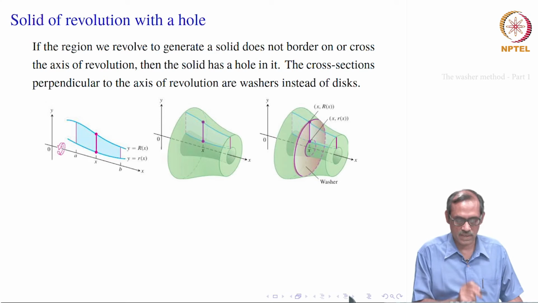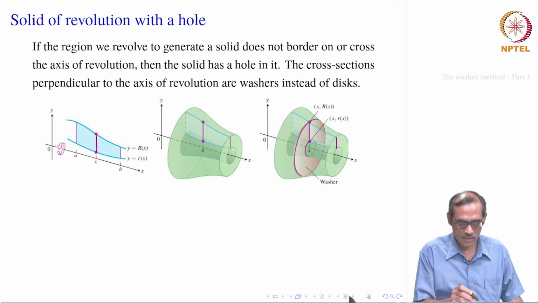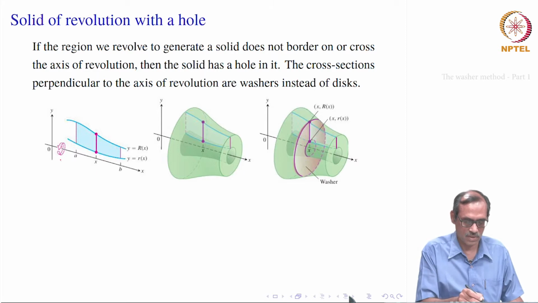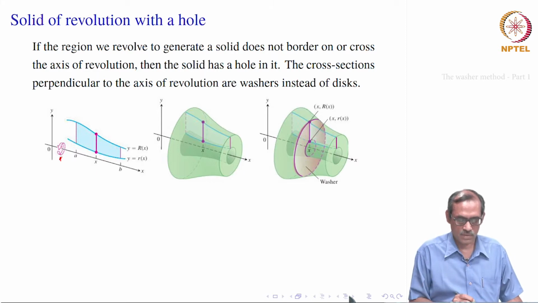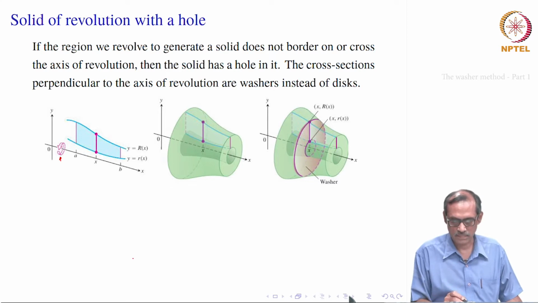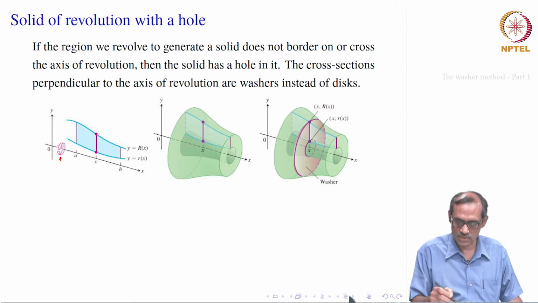Here let us take an example. Say we have this region which is painted blue in the first picture. This is being revolved around the x axis, as this symbol says. Now when it revolves, you would not get a solid without any holes, right. There will be a solid with holes, as you see in the second picture. Then when you take a slice, that will not be a disc, but a punctured one, it is an annulus.